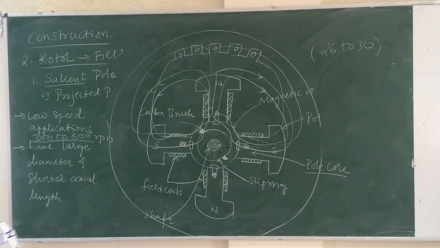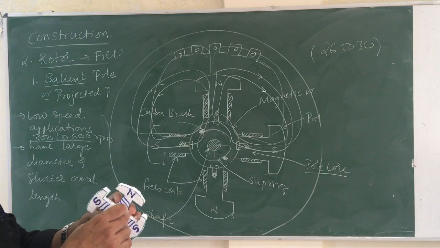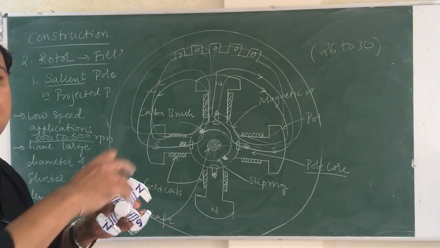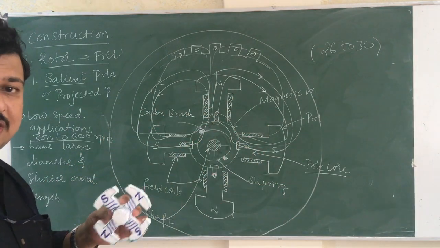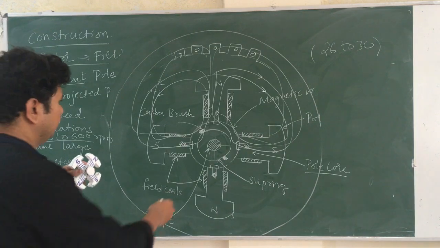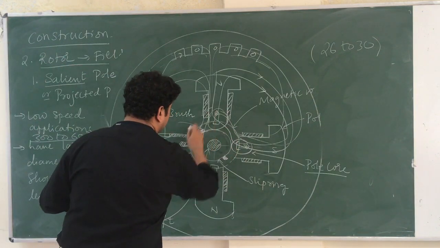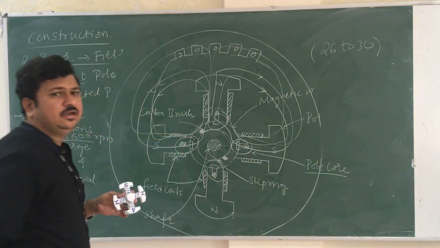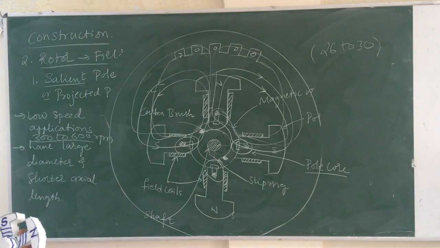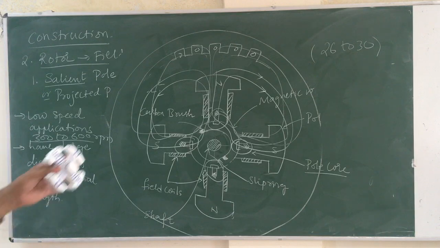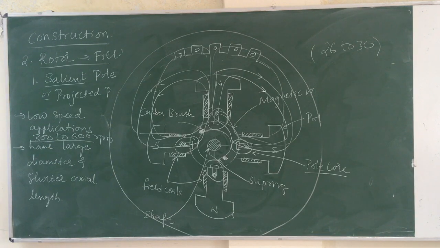This type of rotor is used for low speed applications, because if the diameter increases, centrifugal forces increase. With the increase in centrifugal forces, the fixations may get loosened and there may be physical damage of the rotor and entire generator, because it gets loosened, it will come in contact with the stator, and mechanical breakdown occurs. Okay. So this is all about the construction of stator and salient pole rotor.